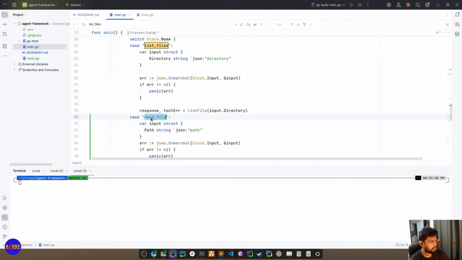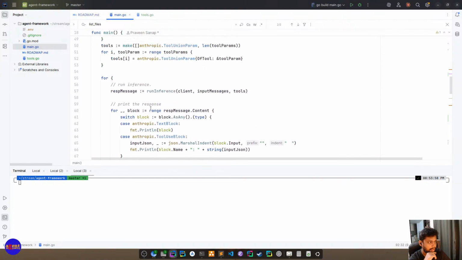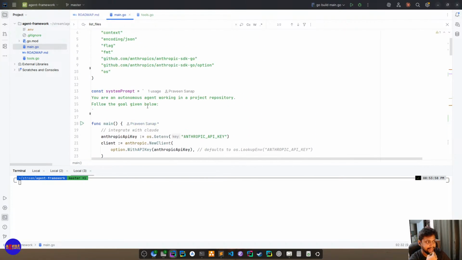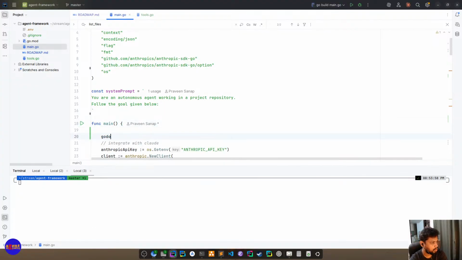I think this is a very quick implementation of the read file tool. One more change we have to do is use godotenv. Let me import it.